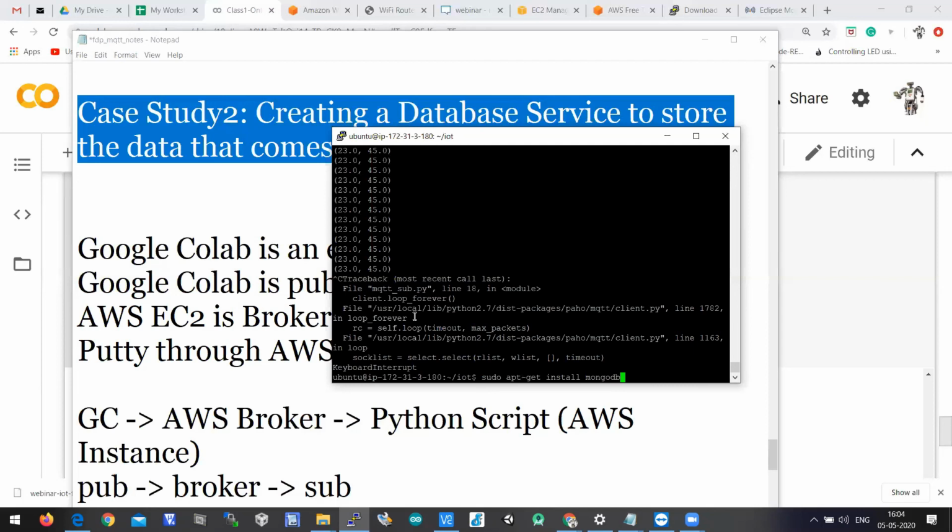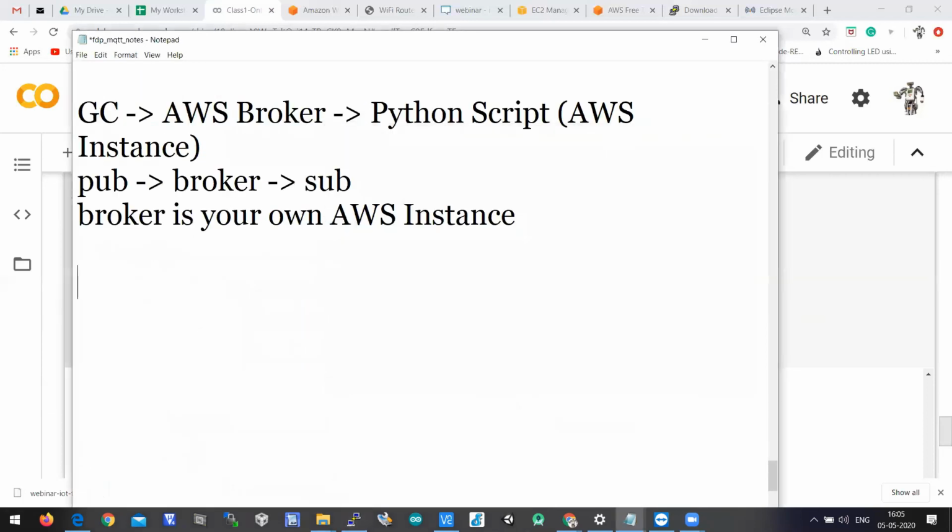MongoDB is a database server where you can host the data, where you can store the data, and it uses no structured query language. You should understand what MongoDB is.